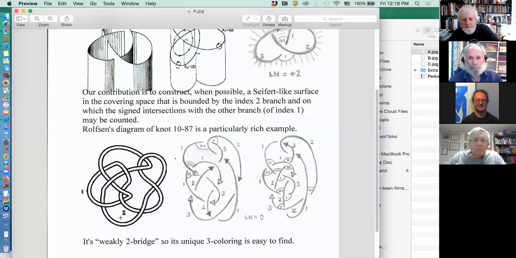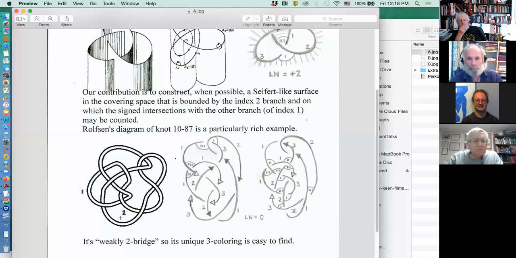Anyway, another example I really like is Rolfsen's knot 10_87, which, bear in mind, I'm working with 3-colored knots, and 3-colorings aren't all that easy to find. If you have a 3-bridge knot, you've got to test 4 different cases, and maybe 1 will work, maybe all 4 will work, but you don't really know. But what I like about 10_87 and a whole other series of examples is it's weakly 2-bridged, which means you can find 2 segments, which I've labeled on the left 1 and 2. And if you label them 1 and 2, or any 2 different of the 3 colors, you can fill in the rest,